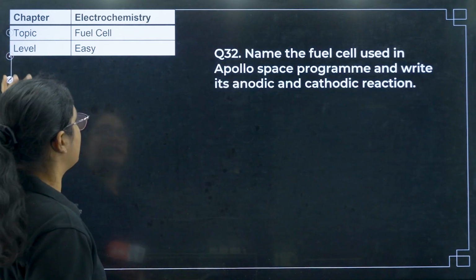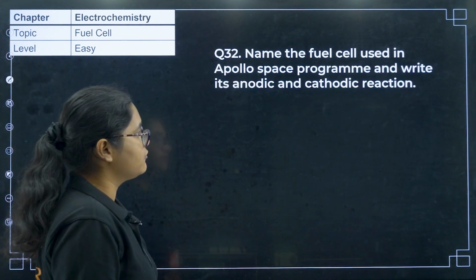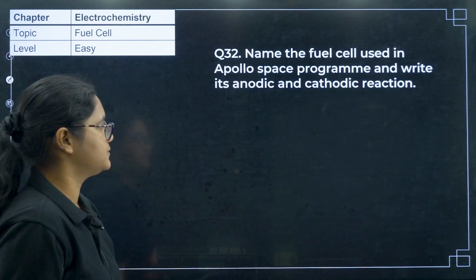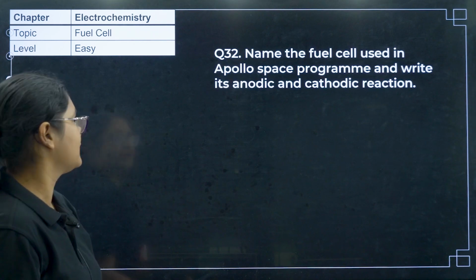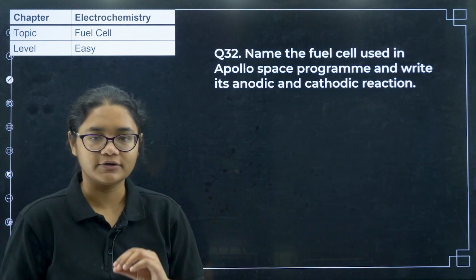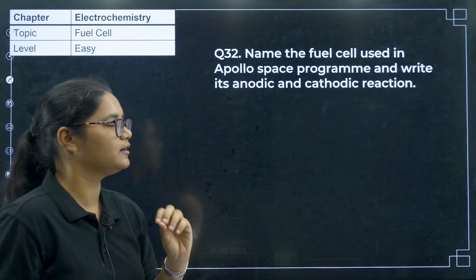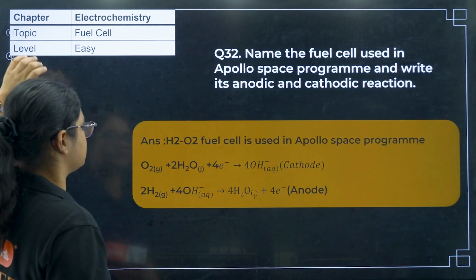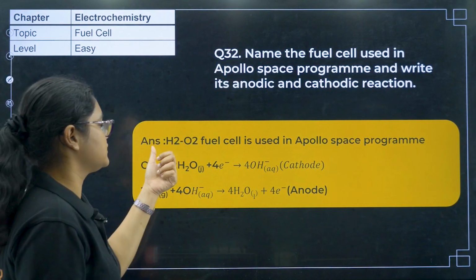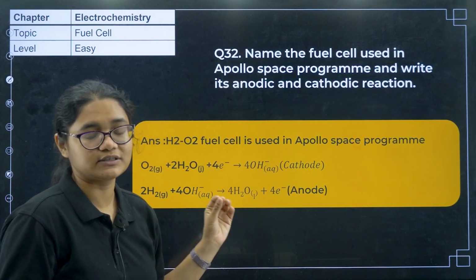Okay. Next, question number 32: name the fuel cell used in the Apollo space program and write its anodic and cathodic equation. This is also a direct question, but yes, the anodic and cathodic reaction of a fuel cell is a little bit difficult, but it is a very direct question. So which fuel cell is used? Hydrogen-oxygen fuel cell was used in the